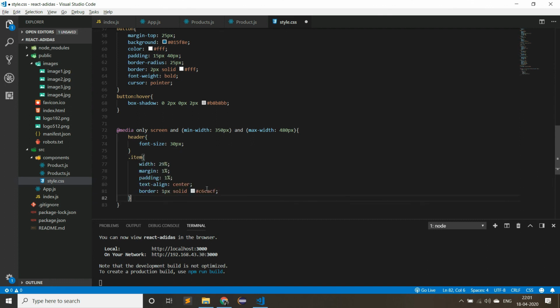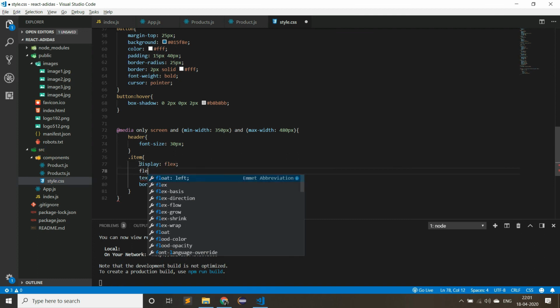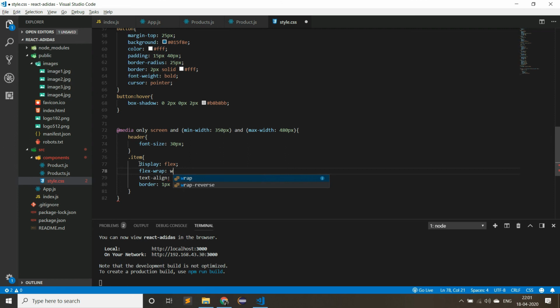So we are going to change some styles. So write display flex and then flex wrap equal to wrap. And then justify content center.